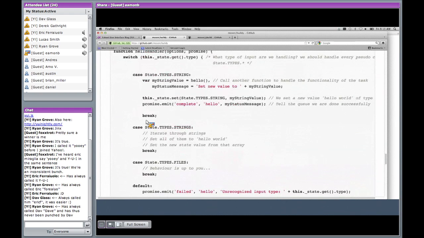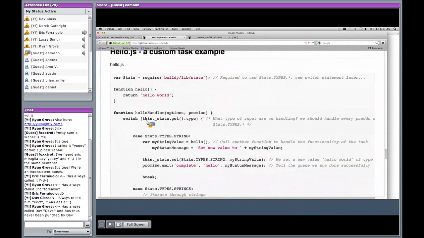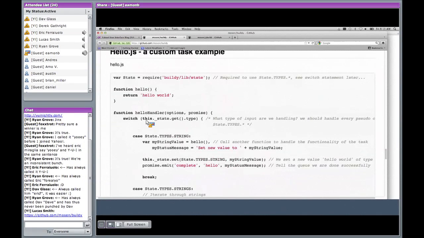So what happens in the task is it gets an object called state from Buildy, and then that object also identifies what kind of state it is, whether it's a list of file names, a string, or a number of strings.